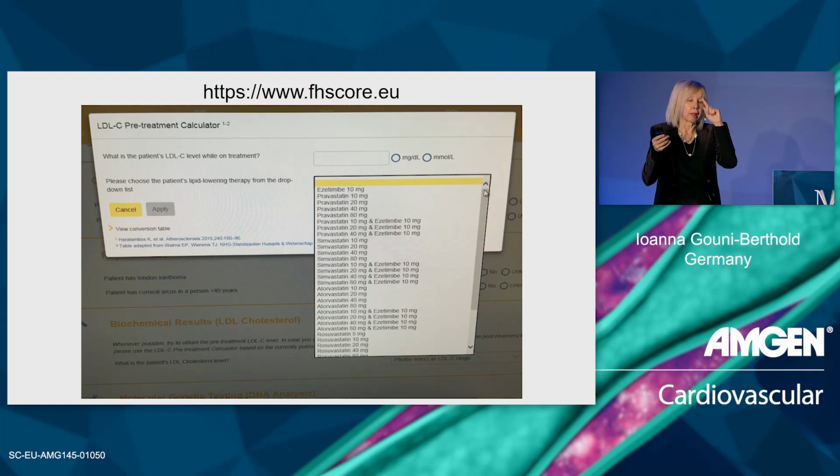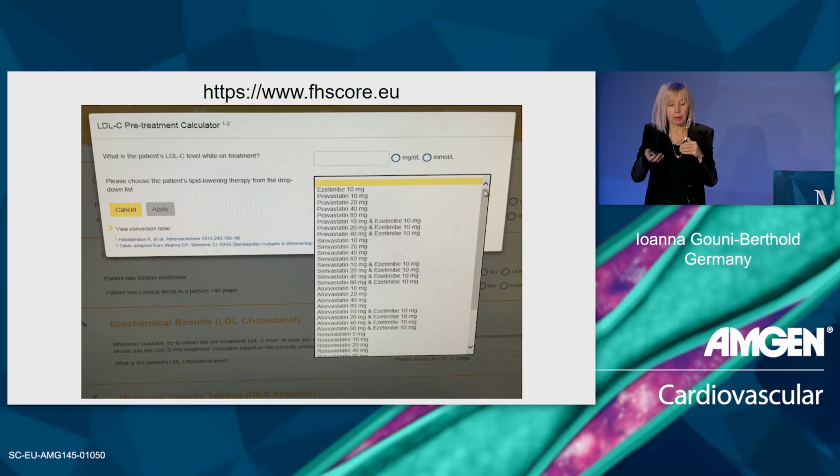In this I put, because we're talking about this LDL more than 190, please remember this number. The problem in real life is that your patients, like my patients, come to me with statins already on board. So this 190 can be washed out because they're already on Atorva 80. So this FH score thing that you can just save in your computer gives you a nice, very fast way to calculate the